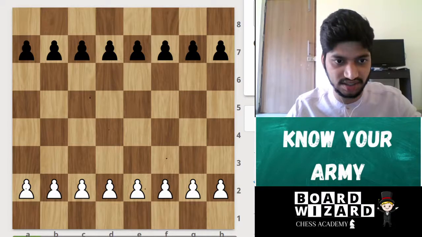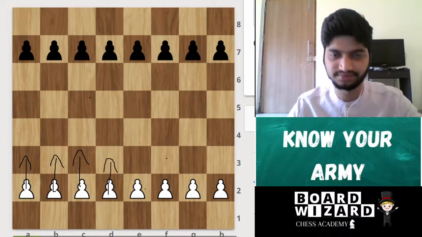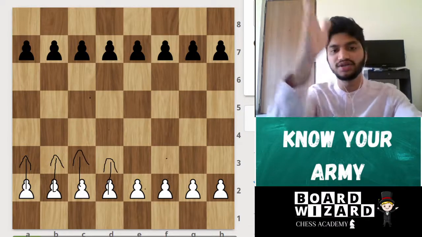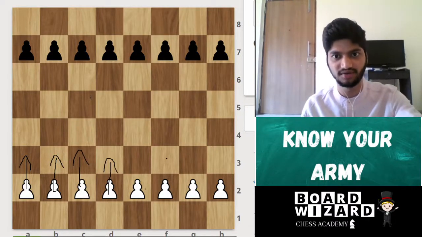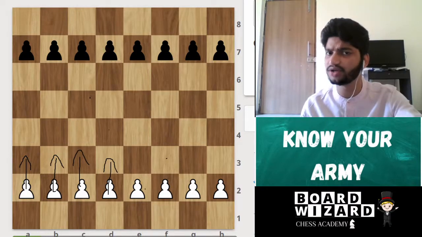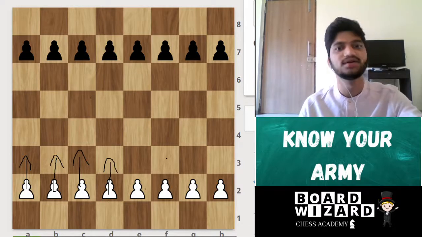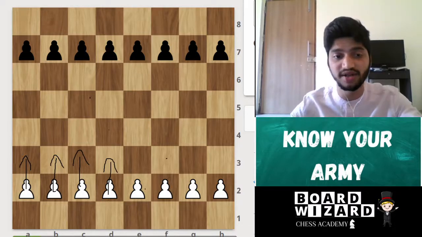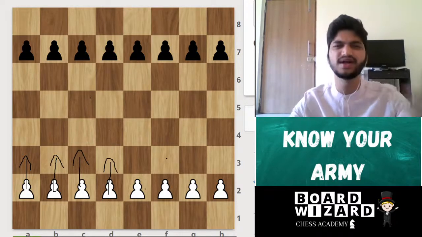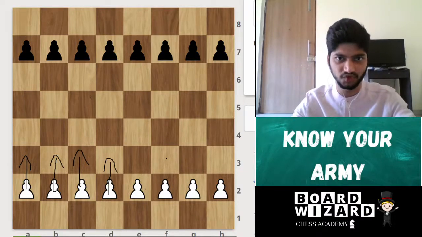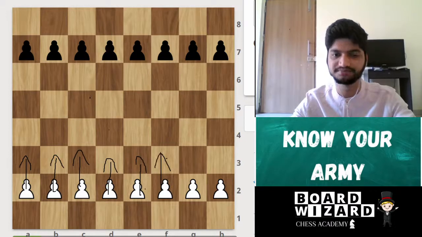That means he is going to move like this. Okay. So he is going to move in a straight line. Now, is the pawn a fast piece or a slow piece? It is a slow piece. So he will only move one step at a time. Okay. One step in the forward direction.